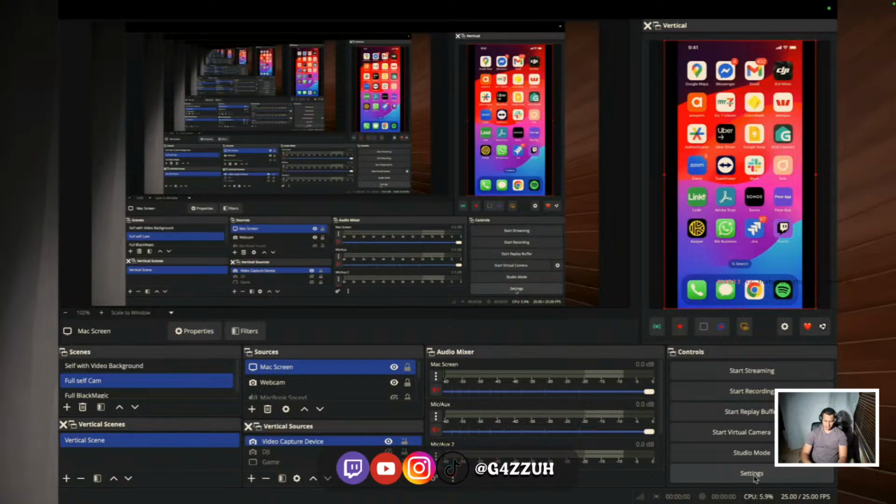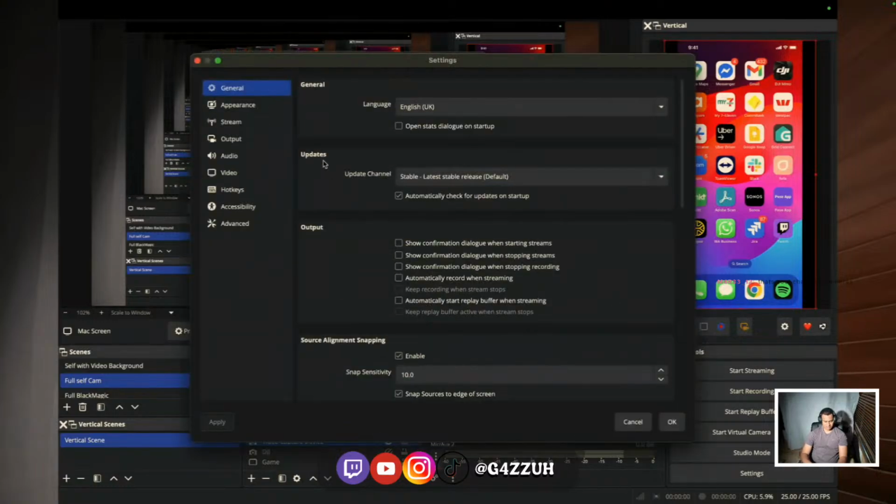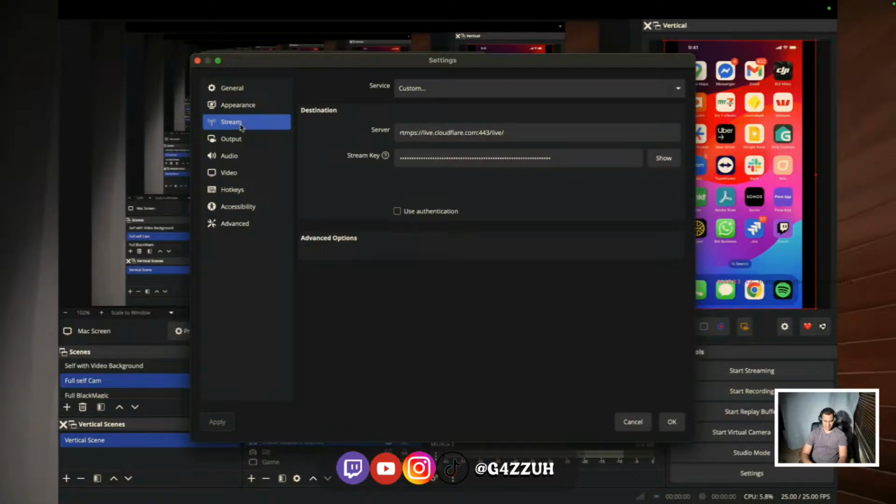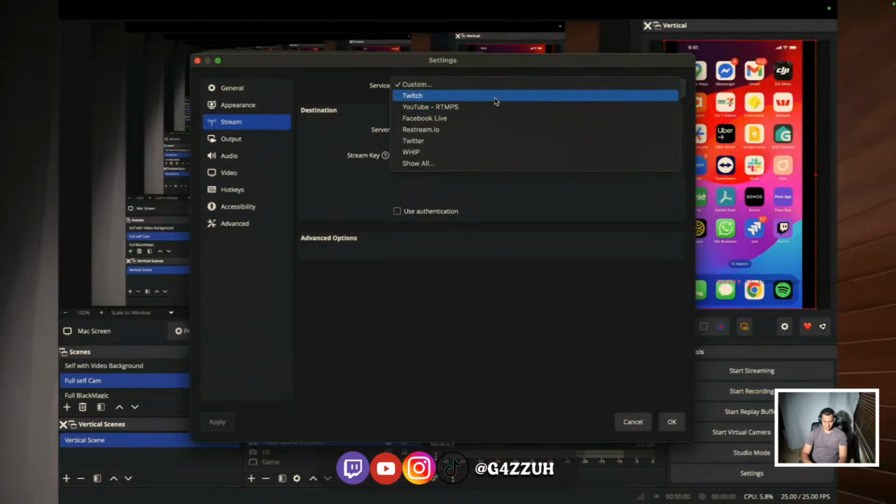and then on the bottom right you'll see settings. You want to click into there. You want to leave everything the same here in general, and keep appearance the same. This is where we want to focus on, this stream tab here. We can go Twitch. You see that there's a few ways that we can connect to